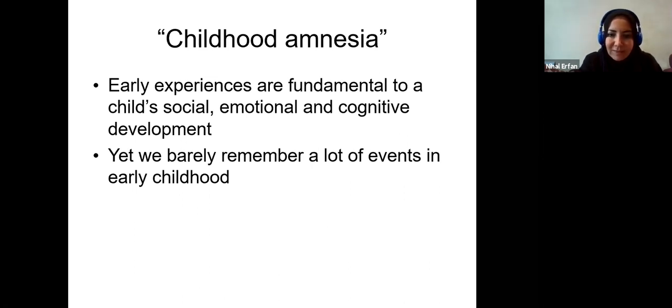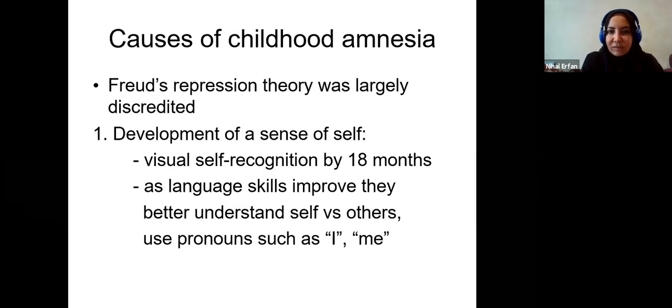And the limiting factor is something we'll learn in a bit. So, causes of childhood amnesia. Why is it that we cannot remember things that happened to us when we were really young? Freud also always has to come in with something, and we're going to talk about Freud in lectures to come. His theory of repressed memories was largely discredited, because again, there's no access to these memories if you don't have language. So language is essential here.